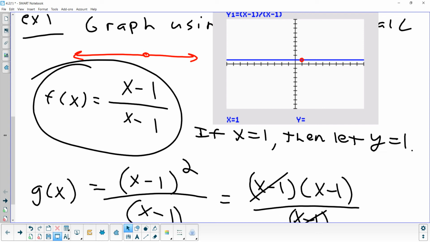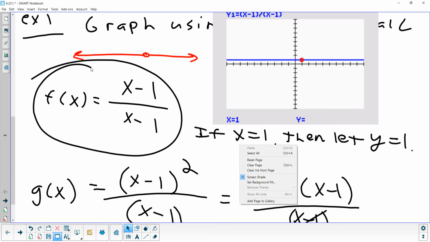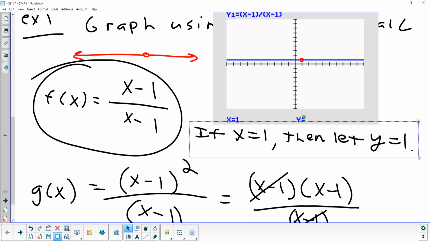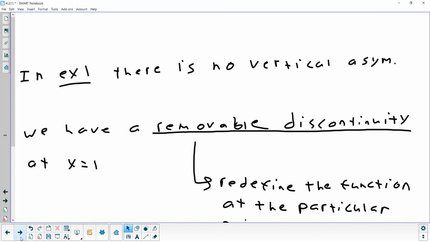So it's like a little exception to this formula. You use this formula all the time, except if you happen to run into the case when x equals 1, then just let y equal 1. So this is like patching the little hole. We're filling it in. I'm telling you to do something separate when you get to 1, but use this for everything else. If you can do something like that,